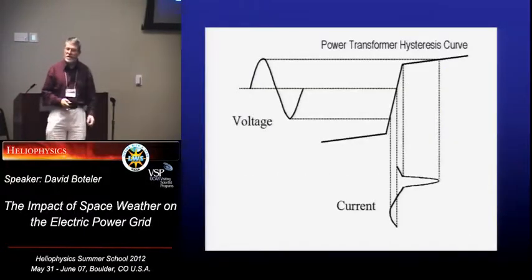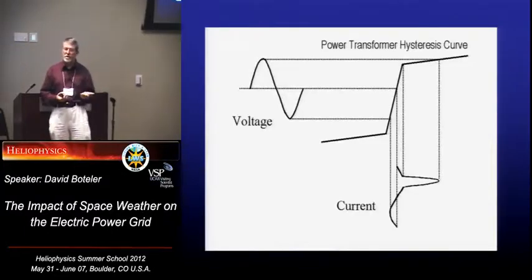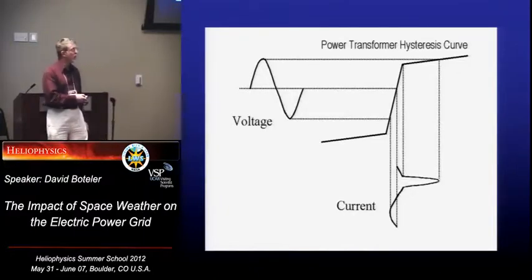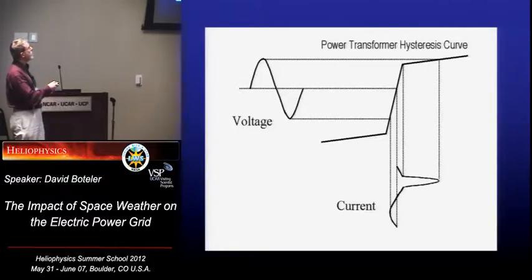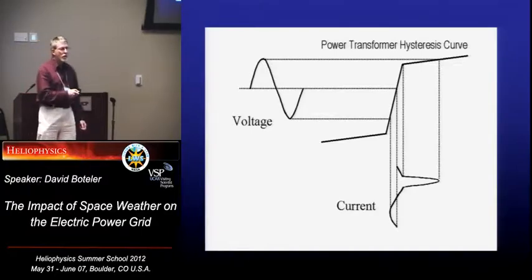So we can calculate the electric fields, we can put that into a power system model and calculate the currents. We've got an idea where the currents are going to go. They're going to flow to ground at the transformers at those substations. So now the key thing is what happens in the transformers. And this is a little bit unusual when you're not used to it.